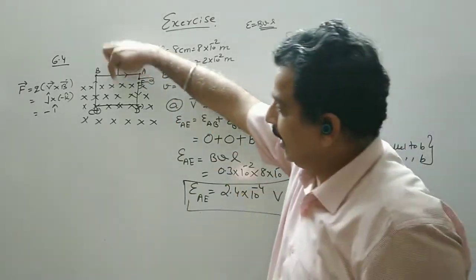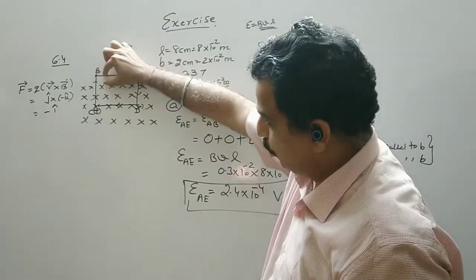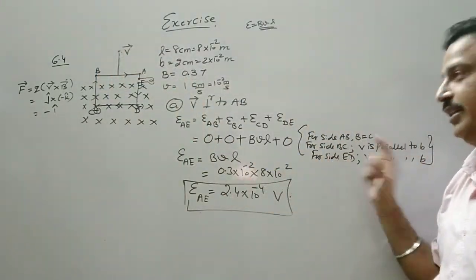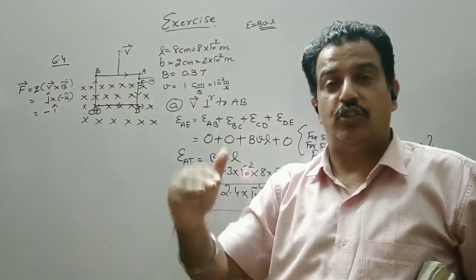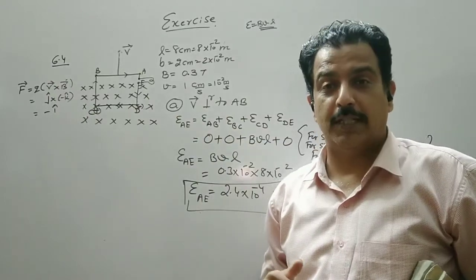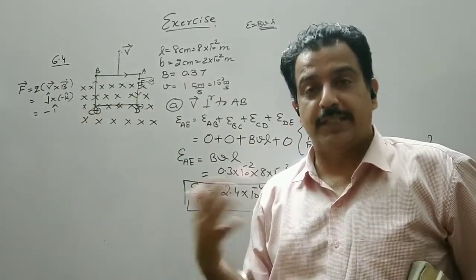So when it is taken out, some of the field lines are gone. You can see this portion, the magnetic field is 0. So we do not want the magnetic field lines to decrease, or the magnetic flux to decrease. So the flux should be inward to oppose the change.